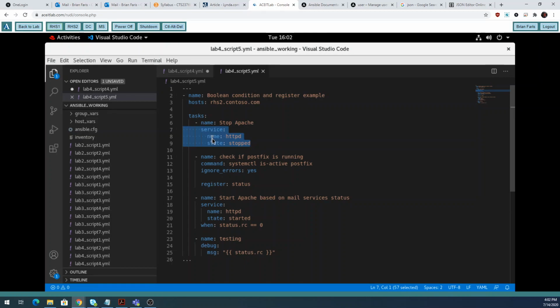one play. This play has 1, 2, 3, 4 tasks. This first task is just to stop the service to prove that it does work. So this is not really needed, but we wanted to stop the Apache web server before we did anything else. The next one is getting the status of postfix. If postfix is running, we're going to start Apache. And I'm just printing out